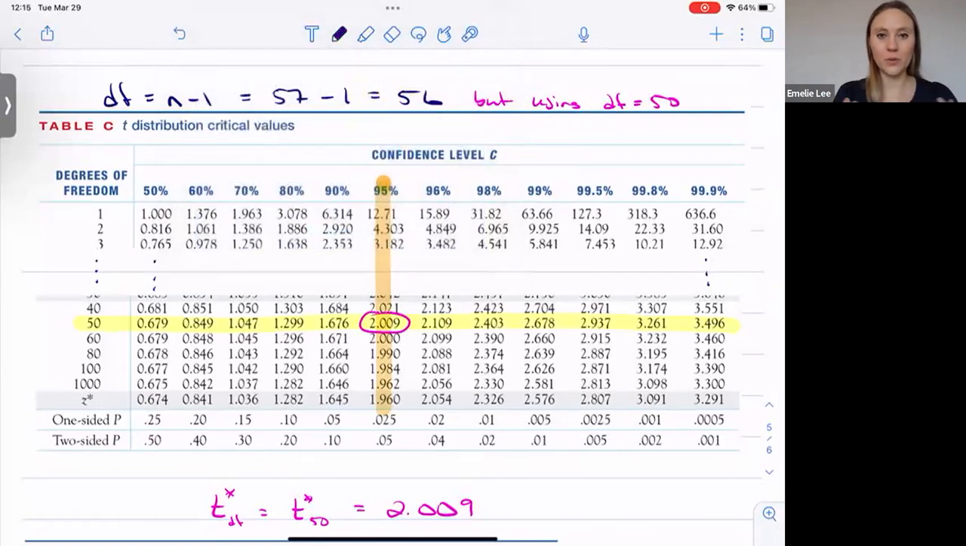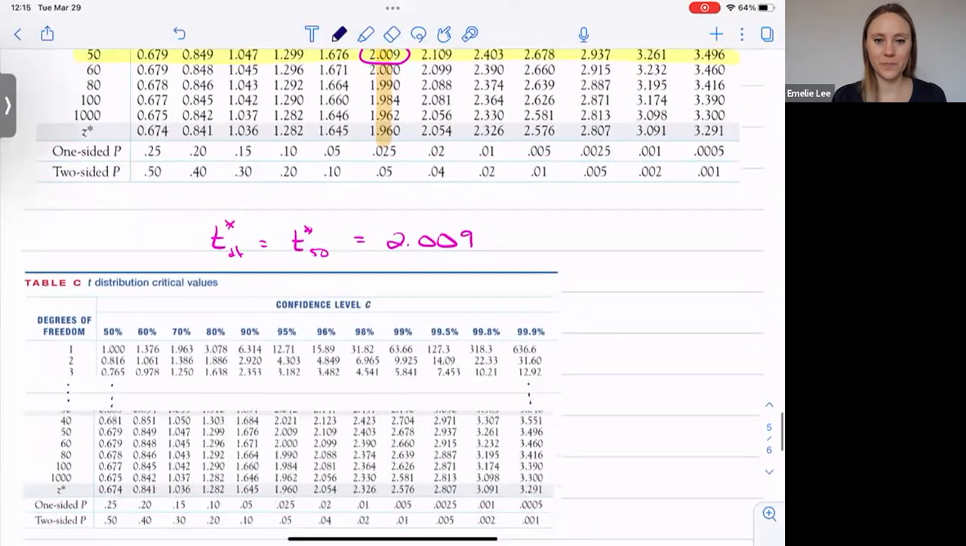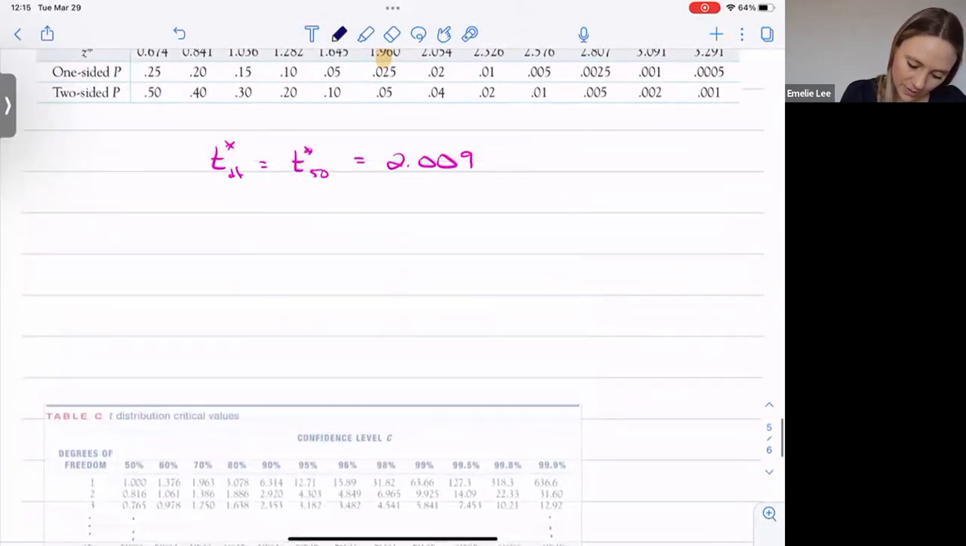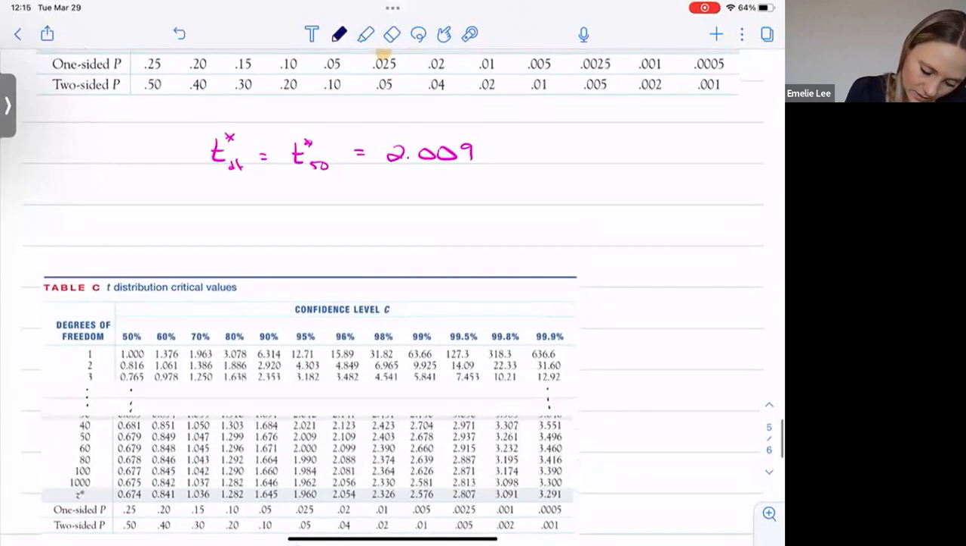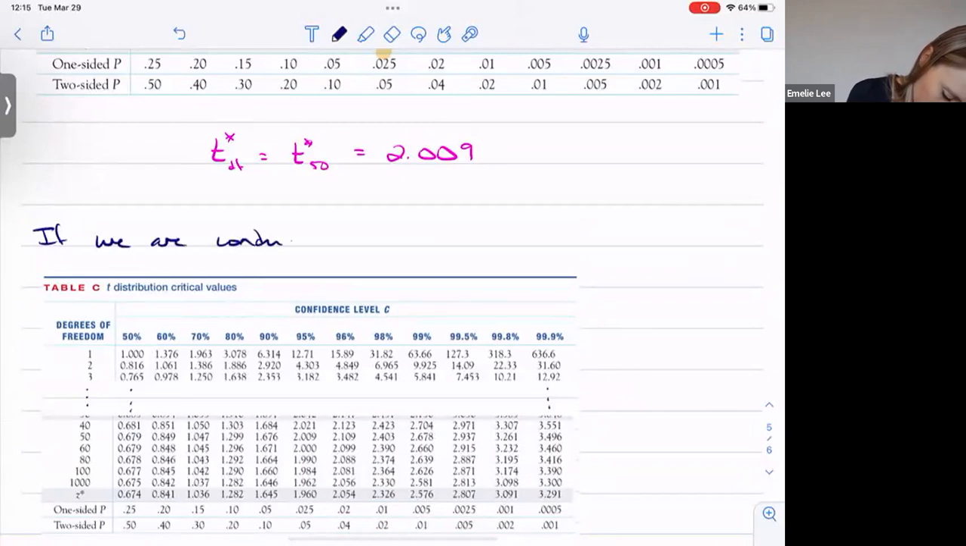So that's if we're doing a confidence interval. Okay. What if we're doing a hypothesis test? Okay. And so if we are conducting a hypothesis test,